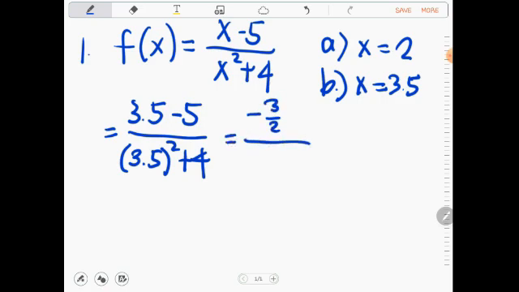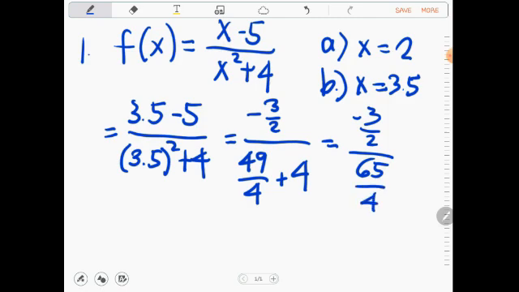Whereas yung 3.5 squared in fraction form is equals to 49 over 4 plus a whole number 4. And simplifying further the equation, this will give us negative 3/2 all over 65